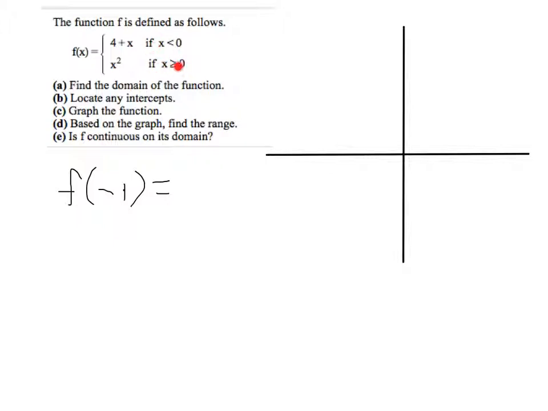We always have piecewise defined functions that are well defined, meaning that for any given x, that x is not going to fall in more than one of these. So we only have to find for which one of these the inequality is true, and then we know that's the part to use. So in this case, -1 is less than 0, so this is true. That means we use this definition to produce the output. So we're going to do 4 plus x for our x equals -1. So 4 plus -1